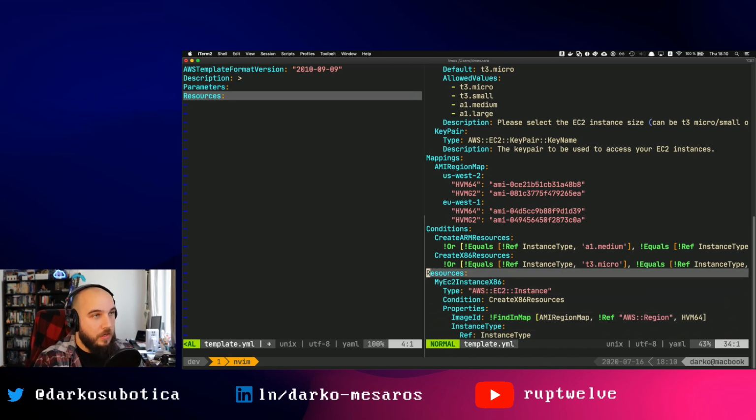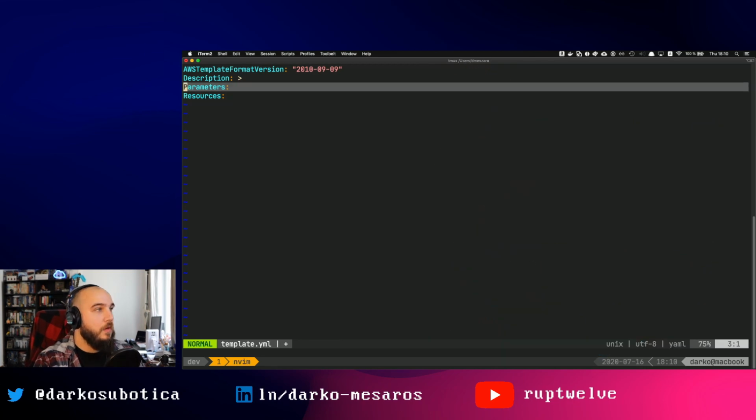So resources like that. Okay, so I'll close this for now, and we will start doing it here. So let's describe CloudFormation to create